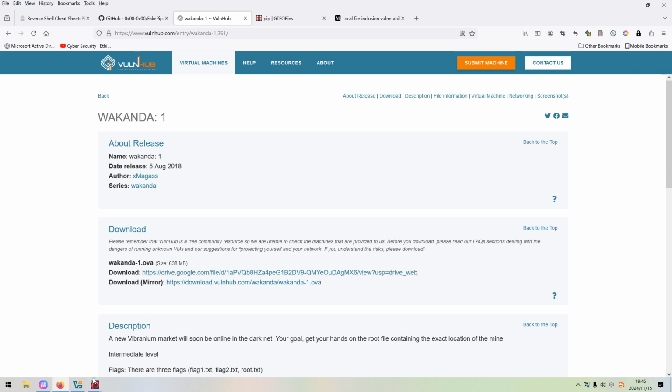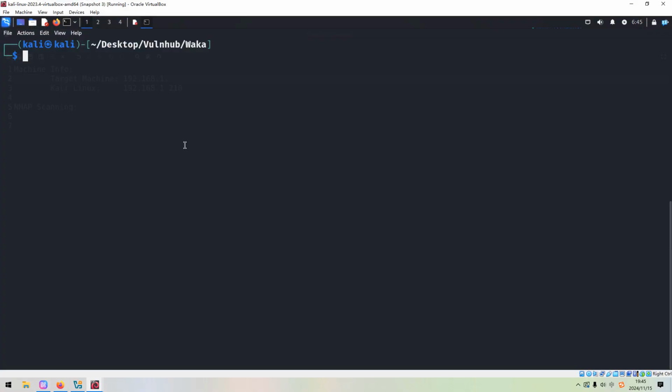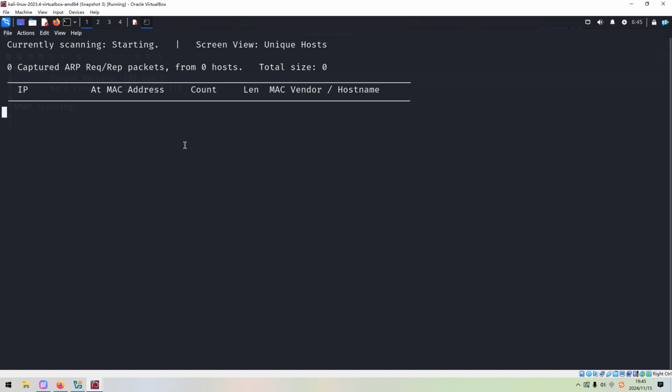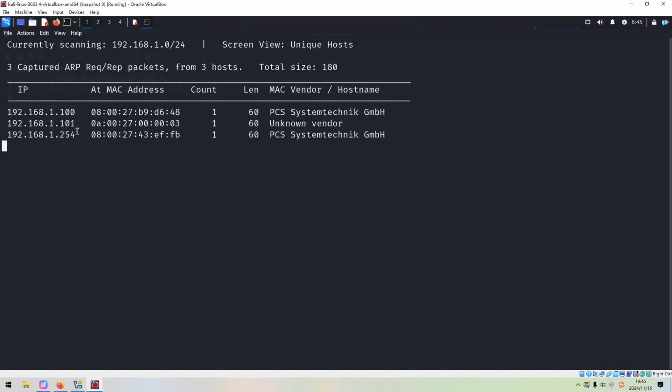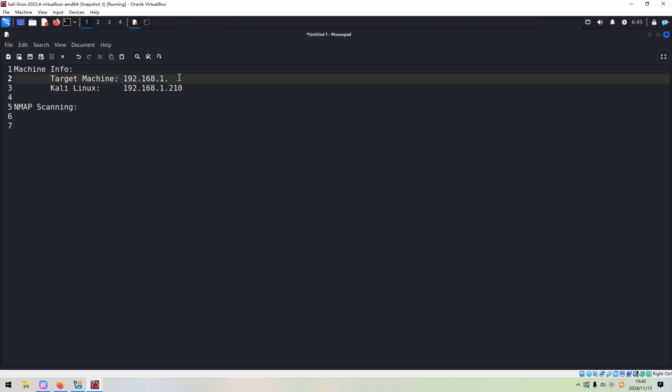We can head over to Kali Linux VM. First of all, we need to discover the IP address of the target. The utility I'd like to use, as always, would be netdiscover. All right, as you can see over here, the IP address of the target could be recognized as 254. And also we can note such information down to our notebook.